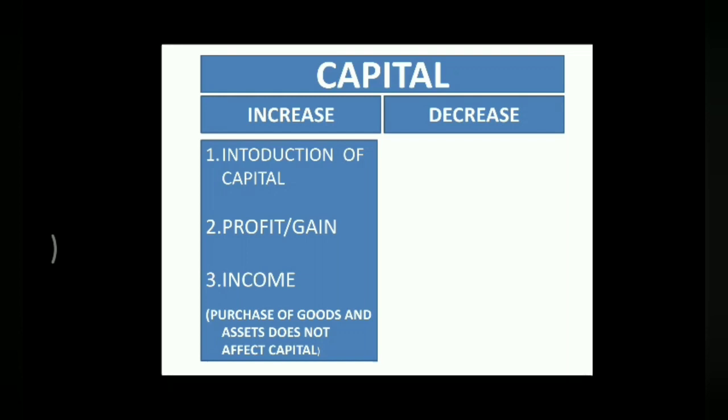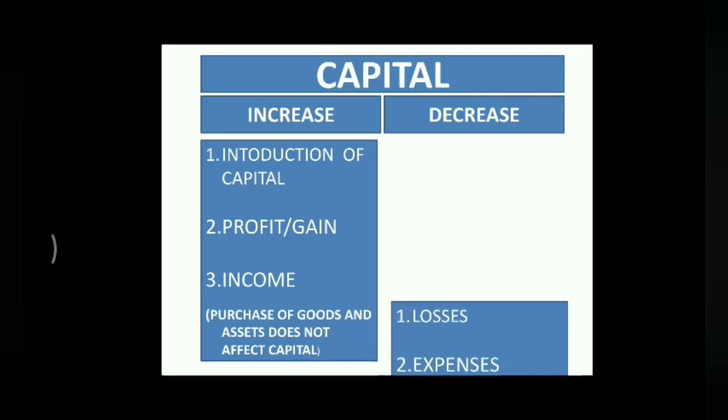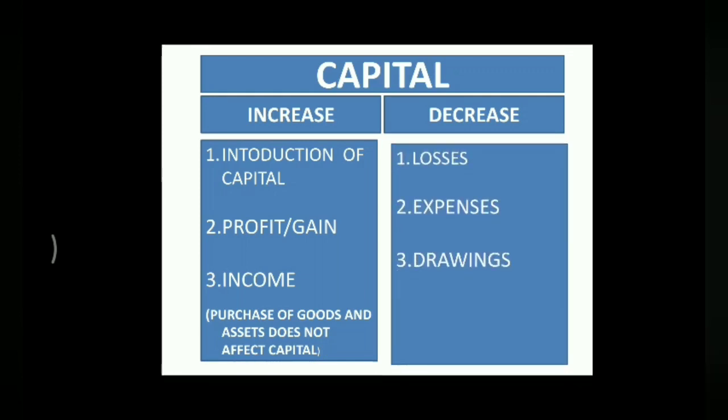So individually we are not deducting each and every purchase, and individually we are not adding each and every sale. We take the net: what is the selling price, what is the cost price. If profit is there, we will add. If loss is there, we will deduct. So that's why purchase of goods and assets don't deduct from the capital, and any losses decrease it. Whenever goods are sold, losses may be there.